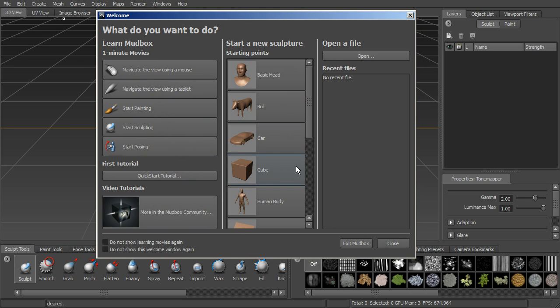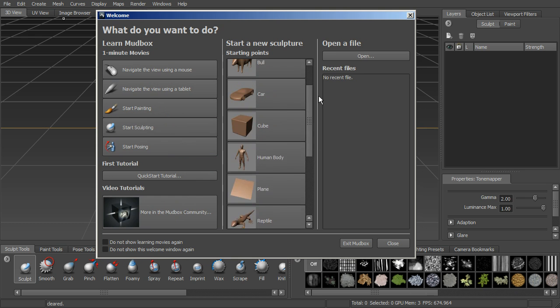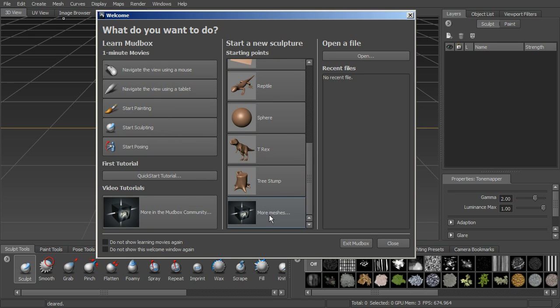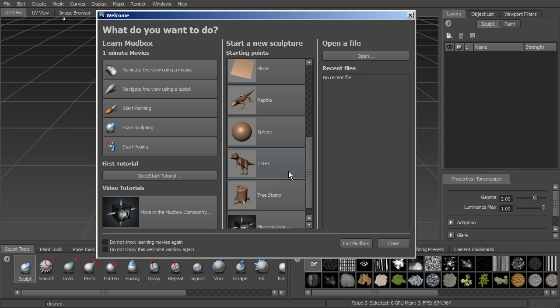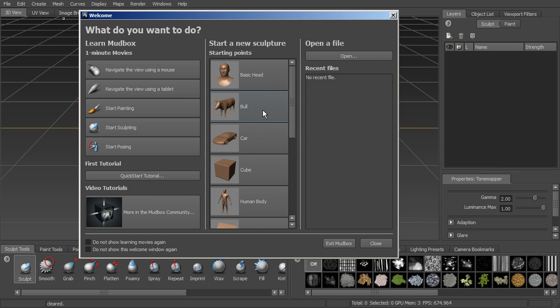Over here in the middle, we have the starting points. Here in Mudbox, we're provided with a number of different starting meshes that we can use. You can see at the bottom, we also have a link to get more meshes from the community as well. So you can see we have a T-Rex, a reptile, a basic head, a human body. So a lot of things that we can use to practice and use as our starting points for our projects